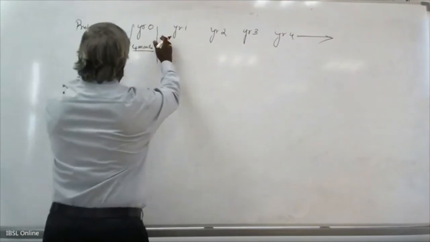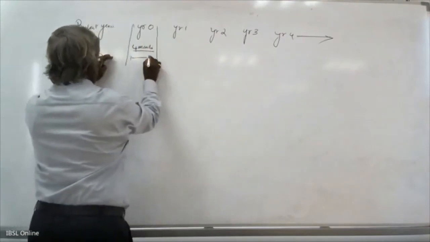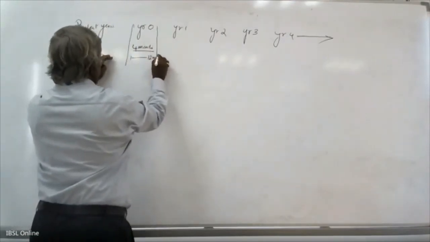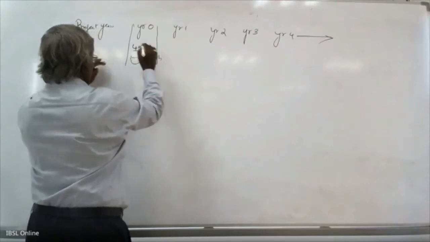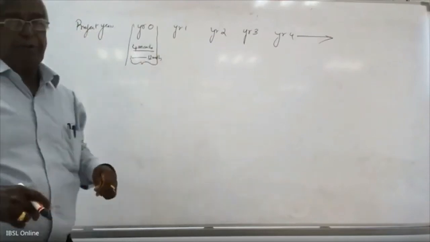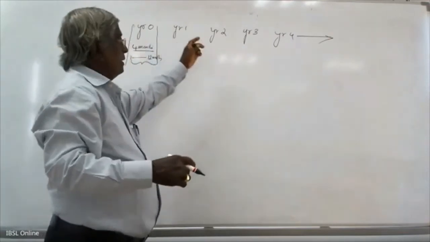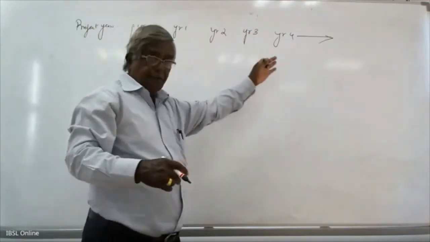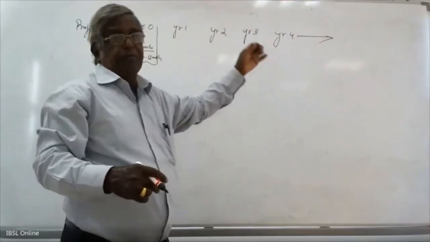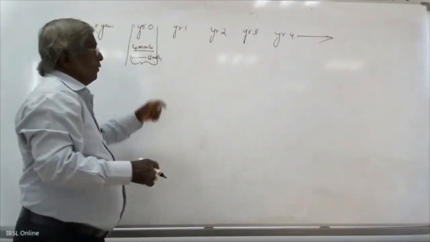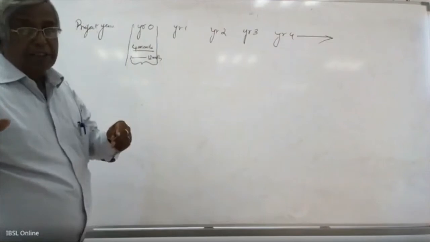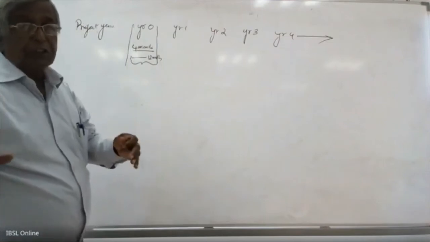So here the year 0 means from 1 to 12 months. 1 to 12 months will accommodate. Year 0, 1 to 12. Then year 1, 12 months. Year 2, 12 months. Year 3, 12 months. Year 4, 12 months. You can go on. Only the year 0. You should not get upset, confused.